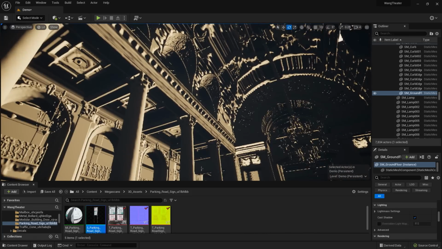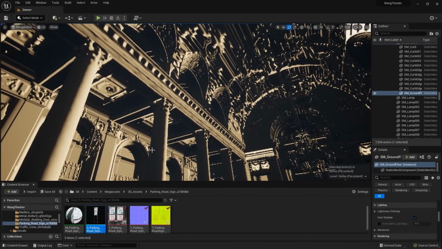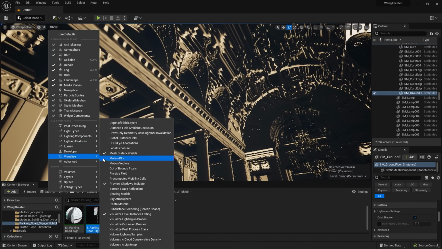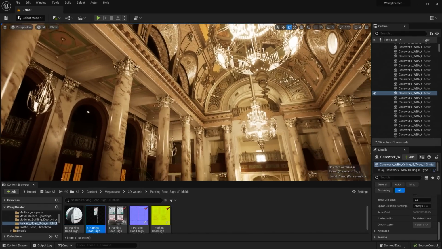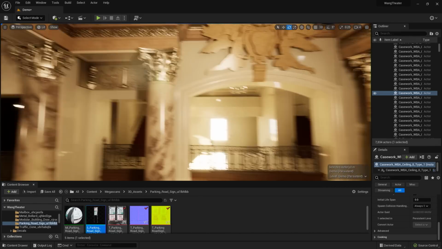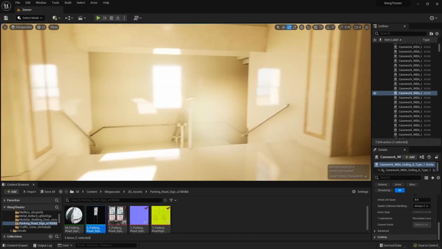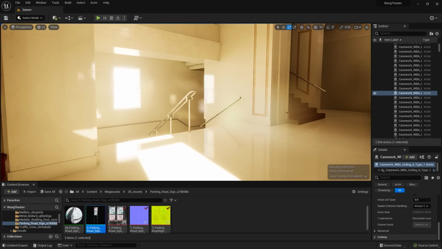So I do have a DXR graphics card, so it's going to use that hardware ray tracing instead of these mesh fields. So I'll go ahead and remove this visualization tool, and let's go ahead and take a look at the Lumen tools. So I'm going to go over to an area to take a better look at the global illumination in the project. I'm going to go over here to where we're getting some light coming in through the window.